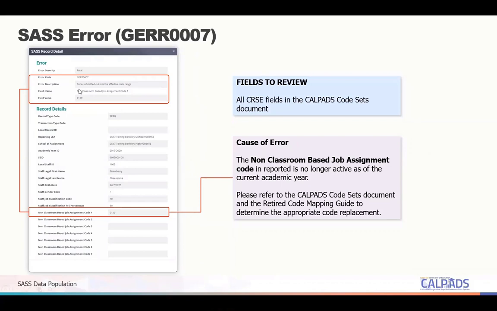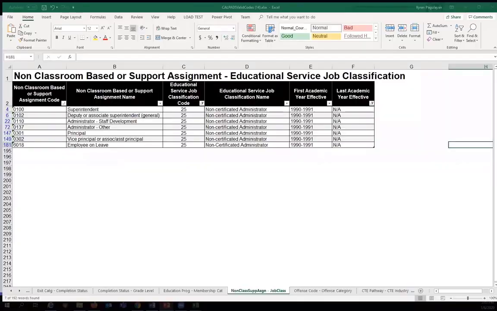GER7 means that the code submitted is outside the effective date range. It indicated the field name, which is non-job assignment code 1, and the field value is 0159. With regards to effective date range, this means that the code used might have already been retired. So the valid code combinations document is the best document to use in this instance. Let's open the valid code combinations document